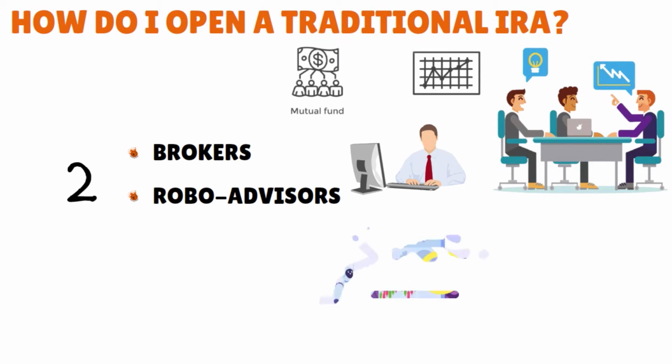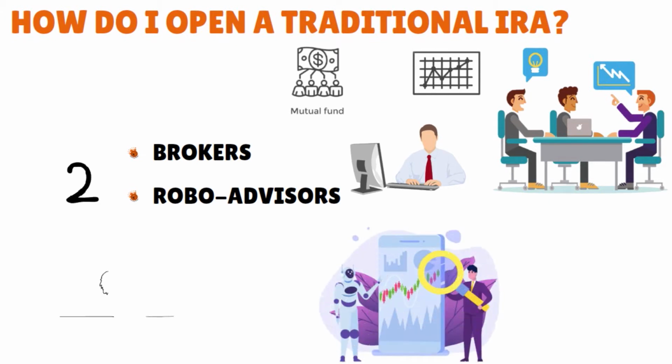And the second option, robo-advisor. If choosing your own investment funds sounds too daunting for you, you can consider a robo-advisor because these providers, which now include many of the most recognizable names in investing,